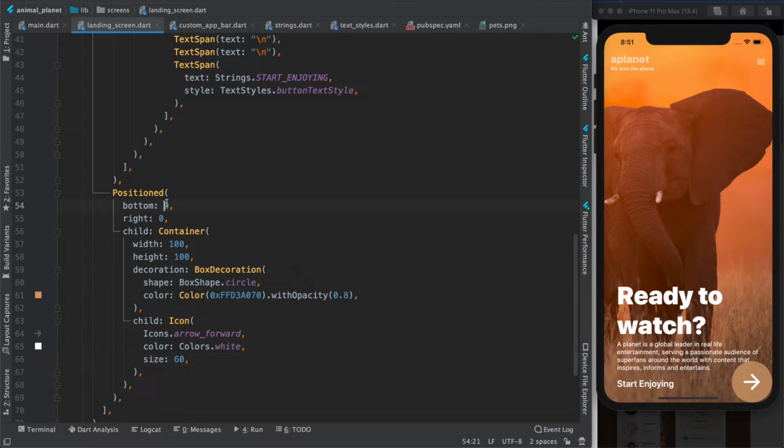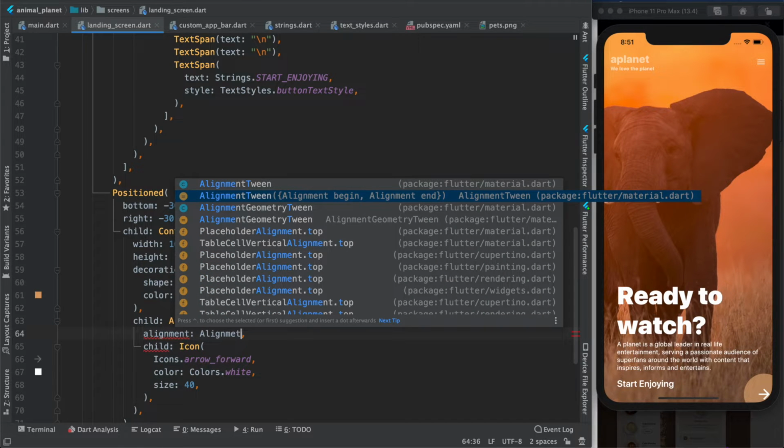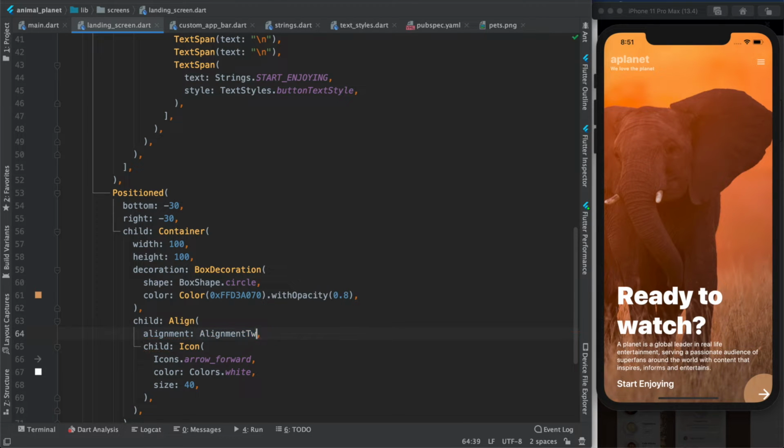And now we need to move this, minus 40 and minus 40. Okay, so we are almost there. 30, 30, which is okay. We need to reduce the size to 40, but again it's in center, right? So we need to make it not in center. So let's try align for that. Will it work? Well, I don't know. Alignment,